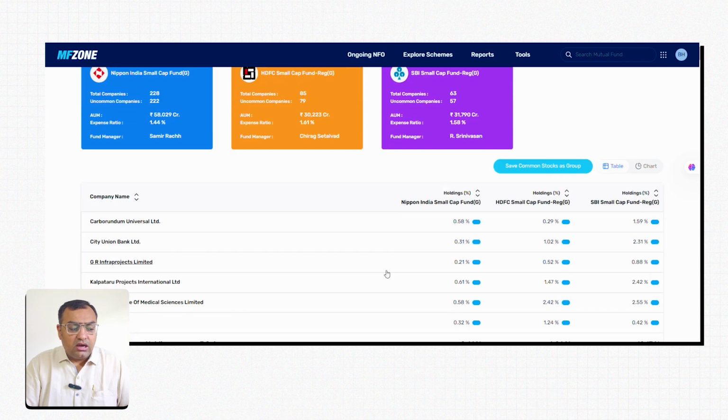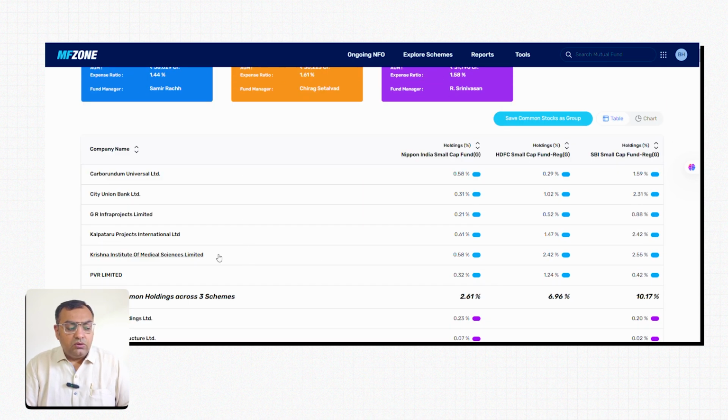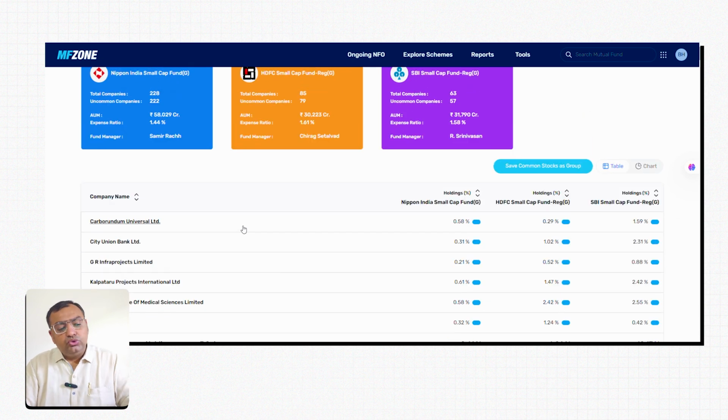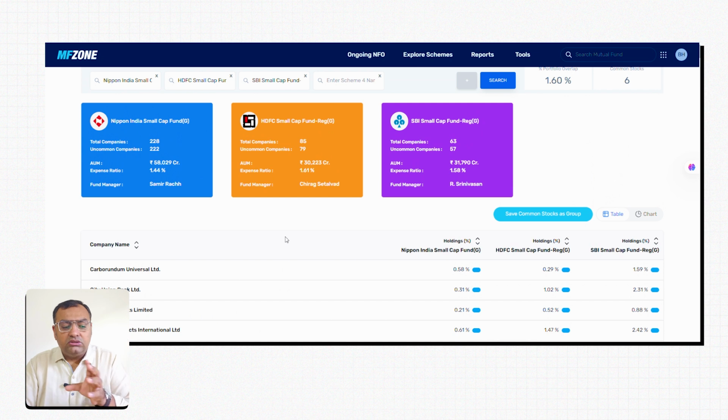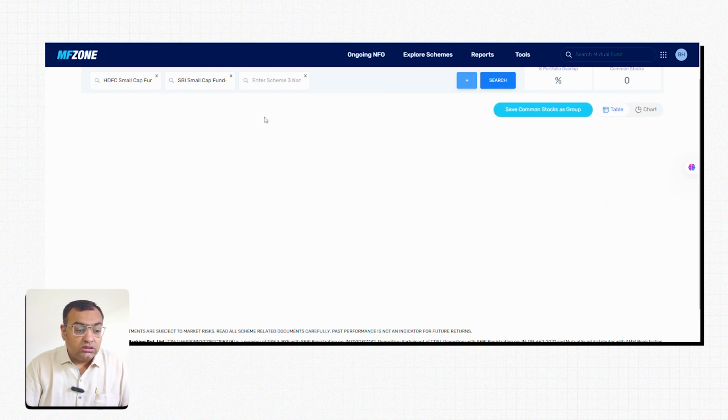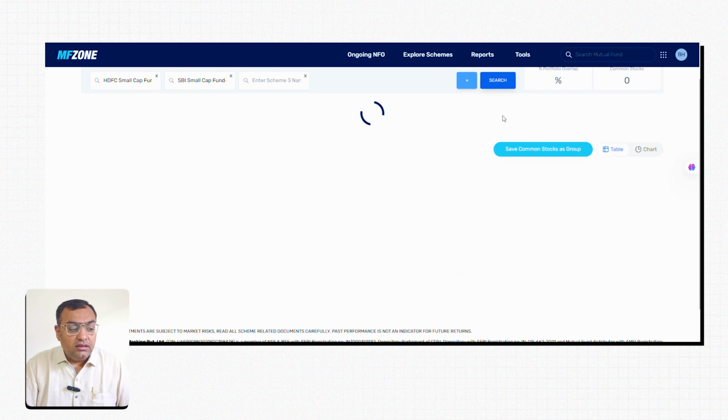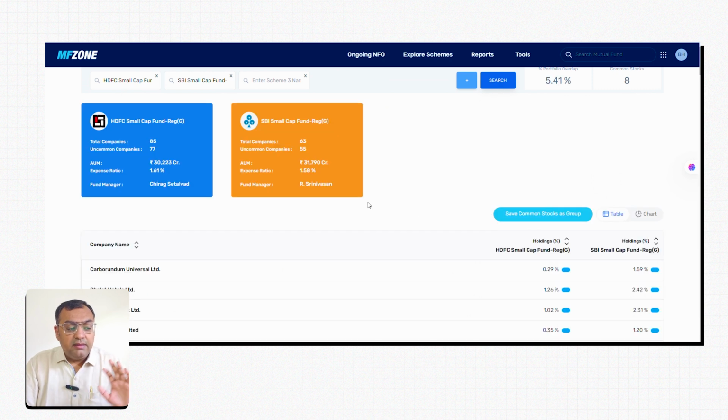And what are these stocks? Carborundum, CUB, GR Infra, Kalpataru, Krishna. Now you have an option to choose which is the best one. Now considering the AUM, 58,000, 30,000, 31,000. Okay, Nippon over here holds the highest AUM with around 60,000, double of HDFC and SBI. So if you want to compare apples with apples at around 30,000, I can just move out of Nippon because it has a lot of stocks in it, and go on to the HDFC and SBI,